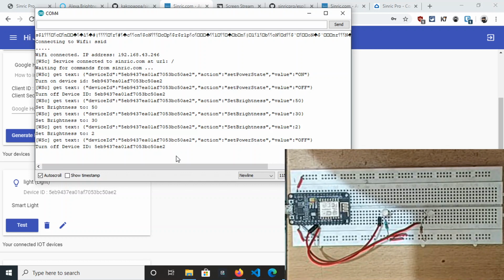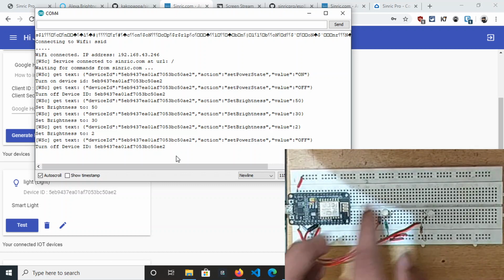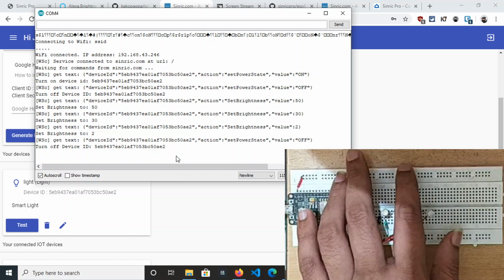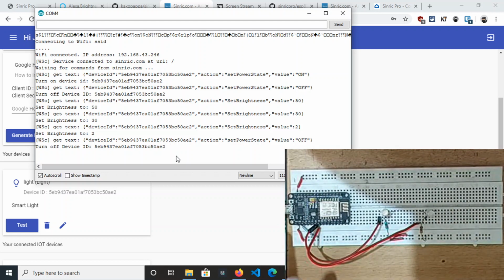You can also do it with this T0 pin right here, by simply configuring it instead of D5. As you see here, this LED is connected to the D5 pin. If you don't want to set up this whole connection, you can simply place D0 instead of D5 in our Arduino sketch.